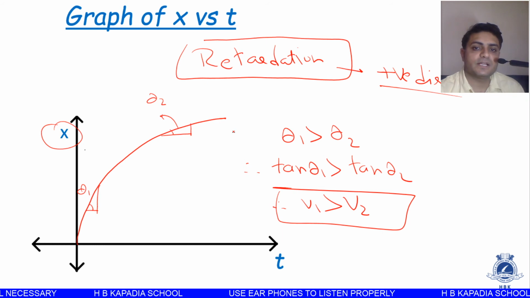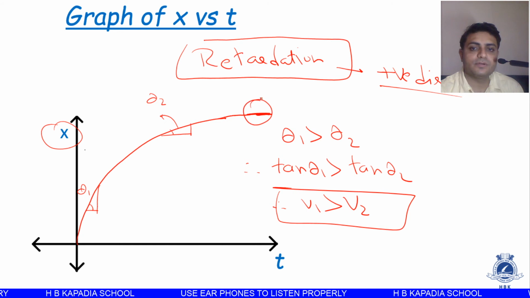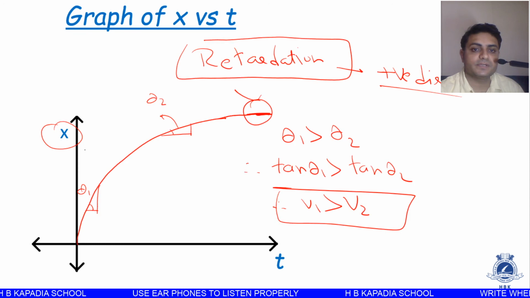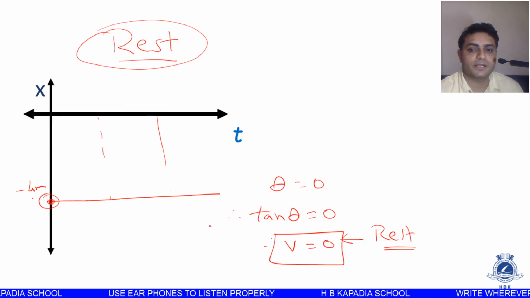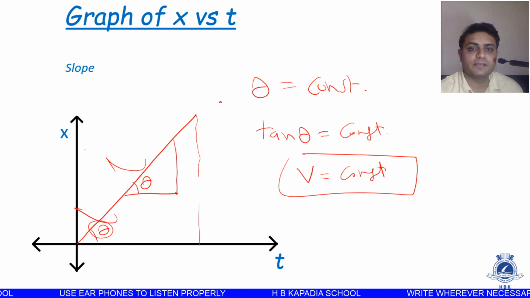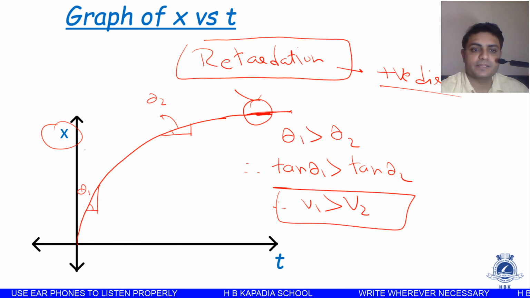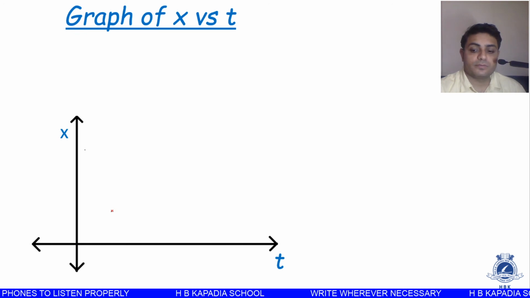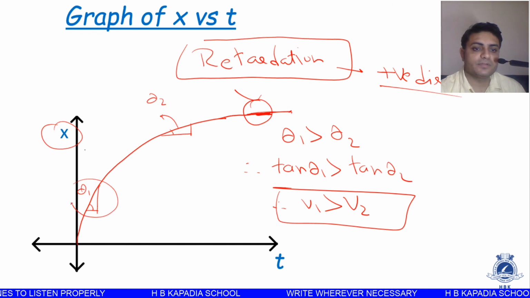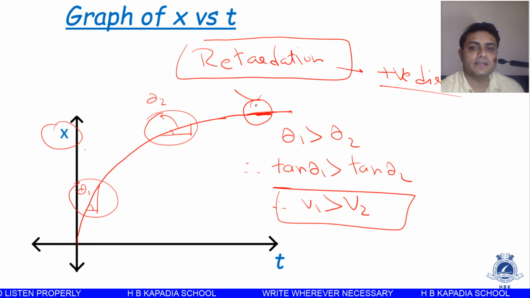See, in this case we can also say that after some time this graph is getting flat. When this graph gets flat, at that time theta becomes 0. When theta becomes 0, we can say the object is at rest. How? We have studied, over here I just told you, when the graph is parallel to the time axis, then we can say the object is at rest. So once again, over here the graph is getting flat. When the graph gets flat, it will be parallel to the time axis, and we can say the object is at rest. Okay, so in this case, initially the velocity was greater, later on the velocity decreased, and at last the object is at rest, so therefore it is said to be retardation.